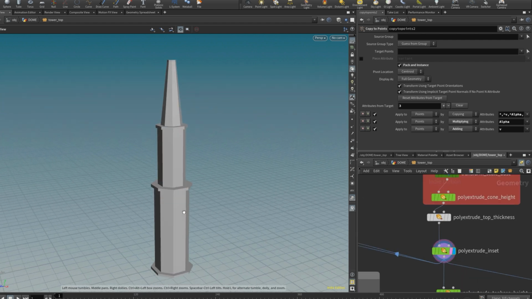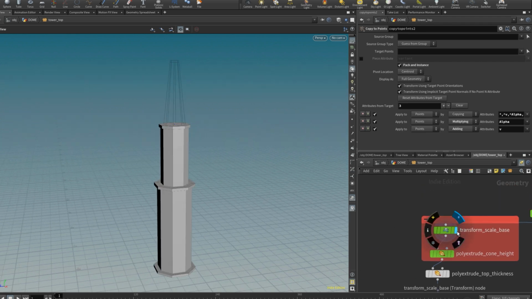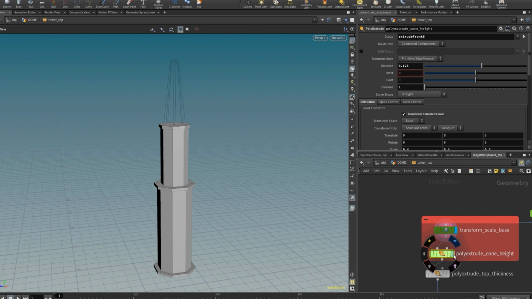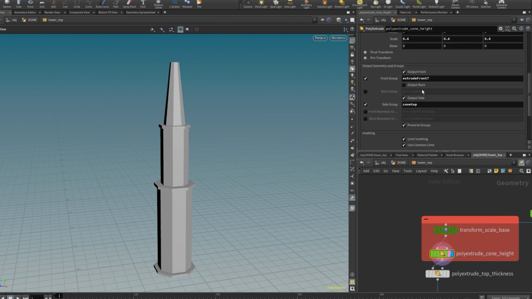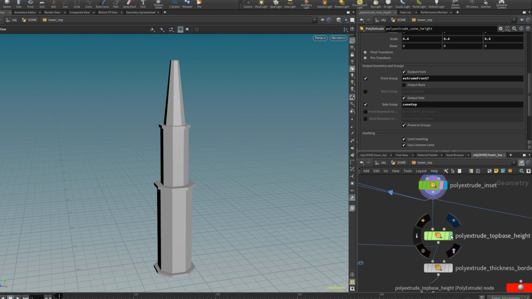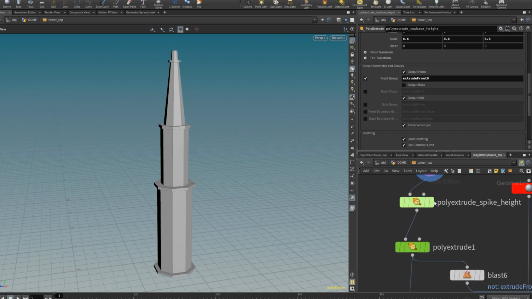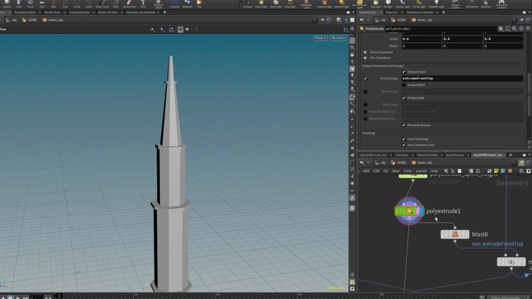Anyway, moving on, we have here some base polygons and just doing some extrusion, some inset, and it's all about dealing with group names and calling these groups within PolyExtrude or other kind of stuff like that to manipulate the polygons. And yeah, that's how it ends up looking like a messed up wedding cake.